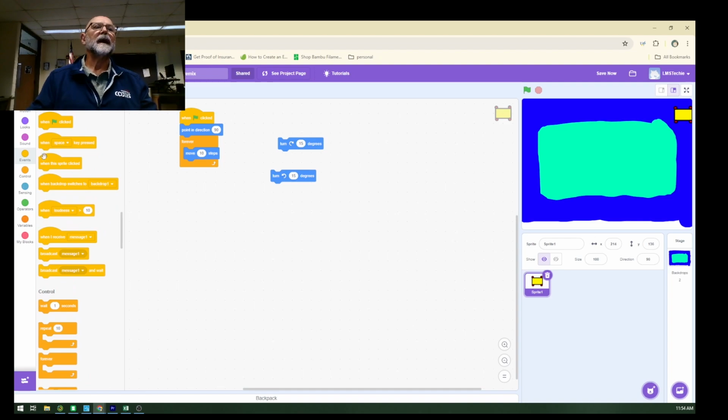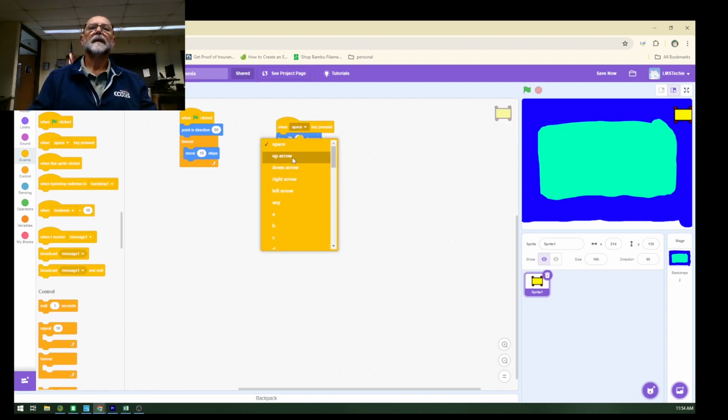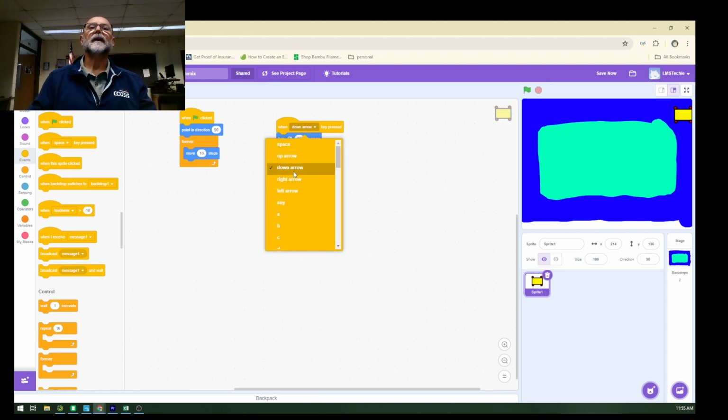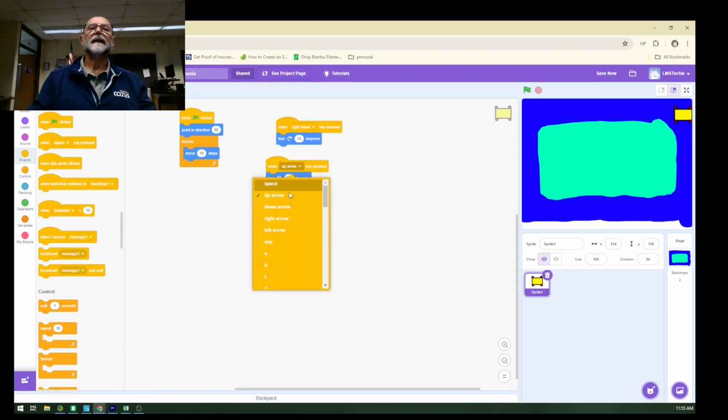You go to there, and then you can simply say when spacebar, up arrow, I'm going to say the down arrow for the right, okay? And then I'm going to copy this, get rid of that one, place this one. I'm going to say the up arrow or left and right, either one, it doesn't matter. So let's go right arrow and then left arrow. So now if I were to click this, there, it only turns one time. So when I click,